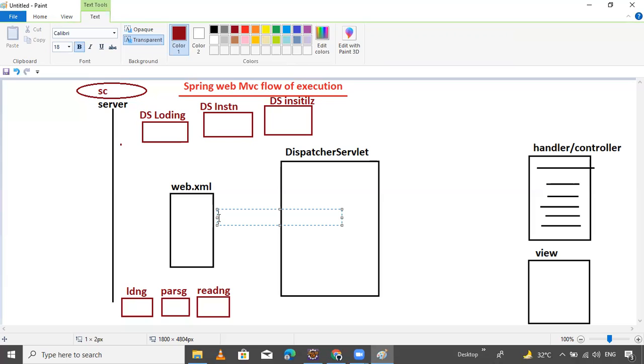Then the dispatcher servlet initialization performs some operation. Why?